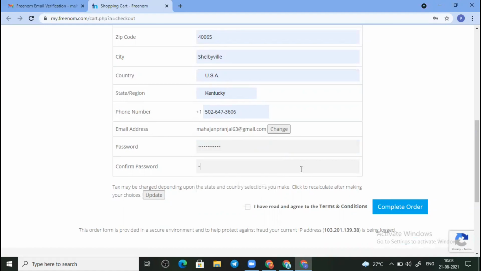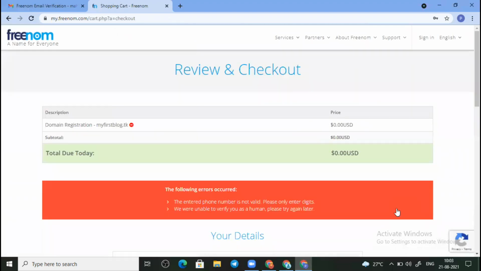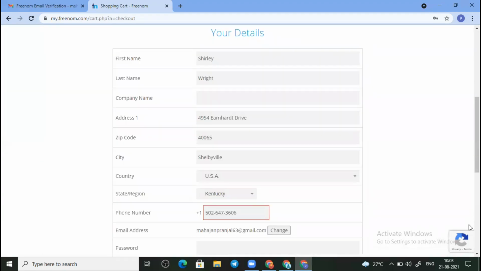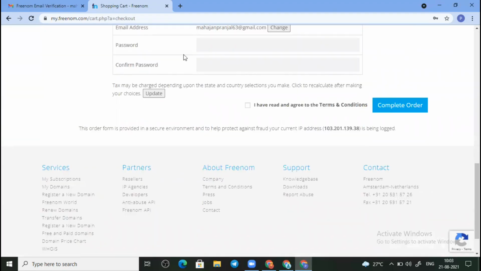Just for right now, write your phone number, and country and state of India, and just complete it, because it will show you error like this if you select country as US while creating a number of US. So just change it and write your own things there.